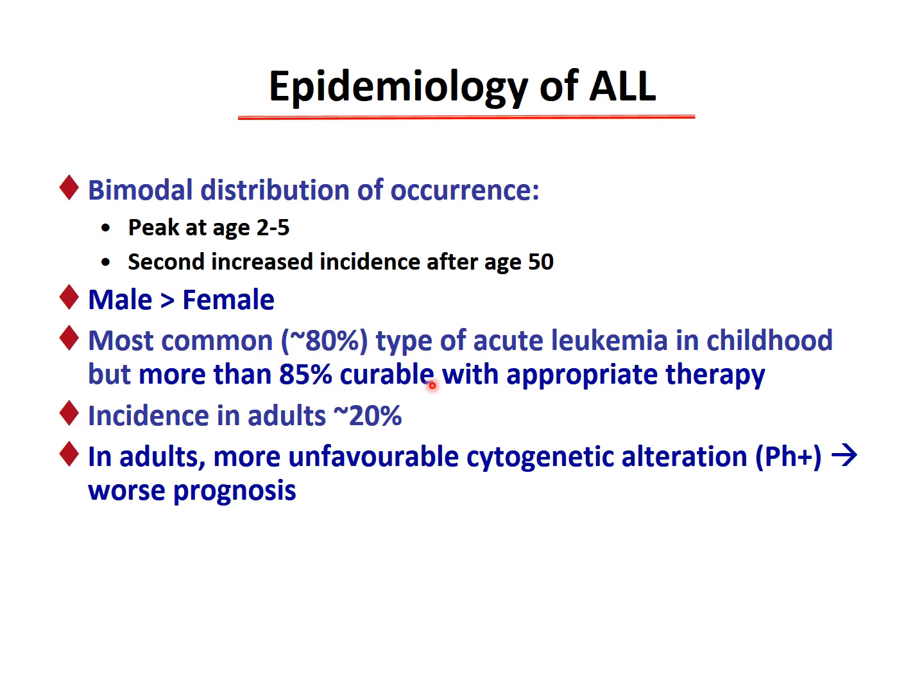And as you see here, in children, about 85% of the cases can be treated, can be cured. That's a very high percentage. If you look at the incidence rate of acute leukemia, in adults it is much more common, about ten times more than in children. But in children, mostly lymphoid leukemia develops and not myeloid leukemia. If a myeloid leukemia develops in children, that's a very bad prognosis. Now,